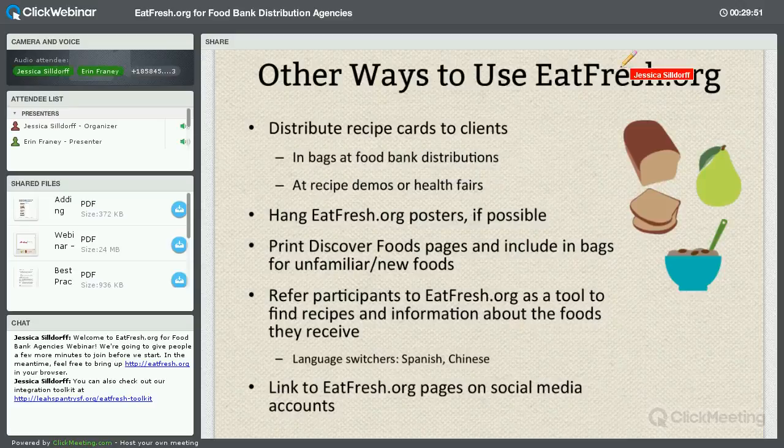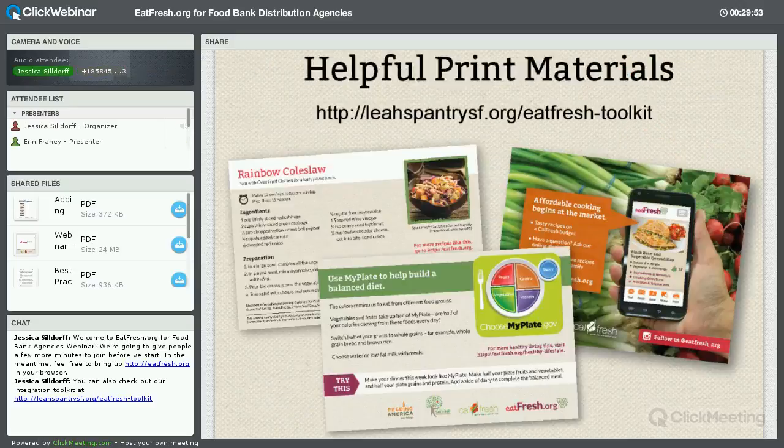Thanks, Erin. So now that you've heard so many great ideas from both Kelsey and Erin, I want to review a few helpful print materials. So we've noticed that distributing print materials is a good starting point for promoting eatfresh.org. And while the main goal of Eat Fresh is to take advantage of the functionality and level of interactivity that